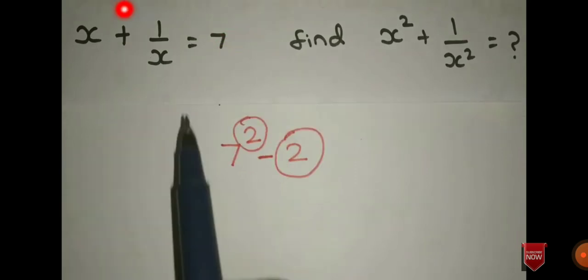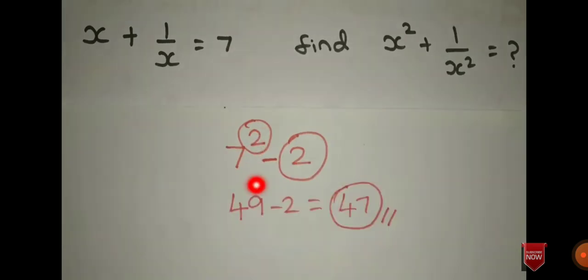Next step is, if you are having plus sign here, you have to put minus sign. If you are having plus, it's minus. And next number is 2. So this 2 and square is common for all the problems. So if you are getting a similar sum, you have to proceed like this. Just write the last answer you are getting, 7. Just square it up, minus 2. So 7 squares are 49. So 49 minus 2, 47. So when you calculate, you will be getting an answer as 47.